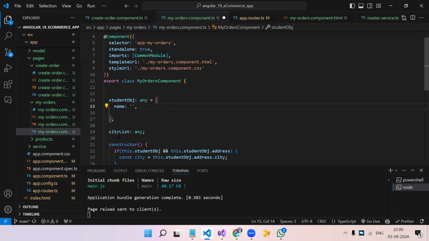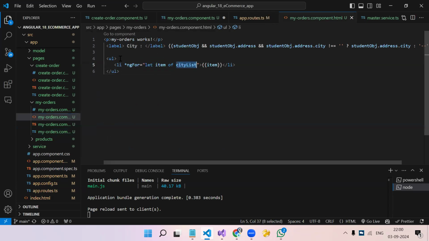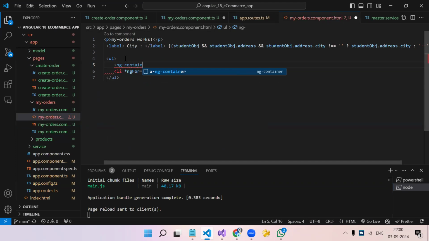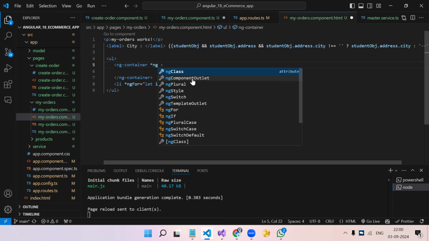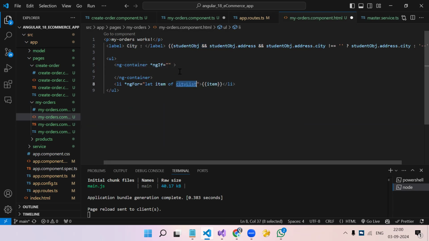Okay. Now, coming back to our question, how do we check whether the city array has elements or not? So here, instead of writing like this, we can add ng-container. So ng-container is the right way to do this. Wherever we have to check before an item is there, in the above scenario also, whatever code we have written over here, we can put it in an ng-container. Okay. So here what we can do, ngIf is equal to if city list dot length,